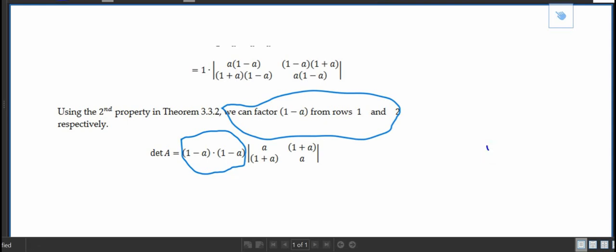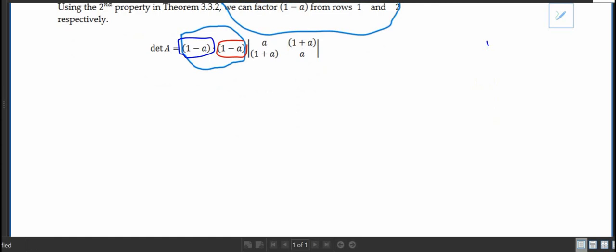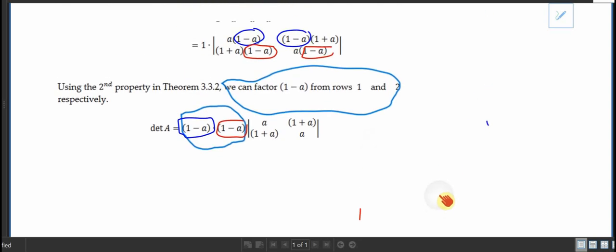Okay, so since 1 minus a is a factor of that first row, we get a copy of the 1 minus a here. But now since 1 minus a is also a factor of the second row, we get a second copy of that. It's just that for every multiple of a row, you can pull that out. Now, the reason being is that if you do your cofactor expansion along, well, let's just look at